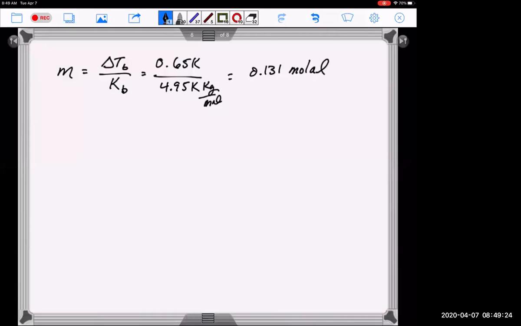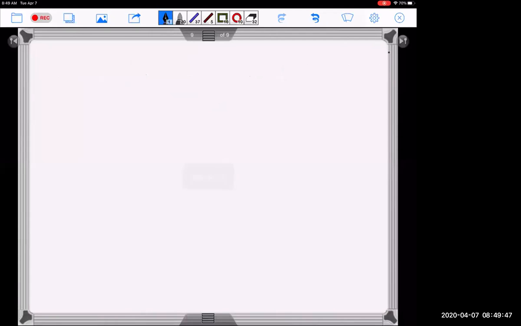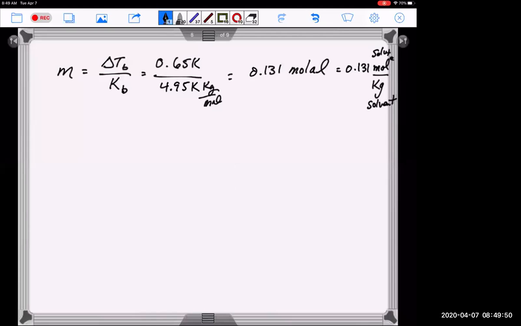So the unit, when you write it out, is molal. So 0.131 molal, and this unit is 0.131 moles per kilogram. So this is solvent here and solute. Sorry, solute in the numerator, solvent in the denominator. So that means 0.131